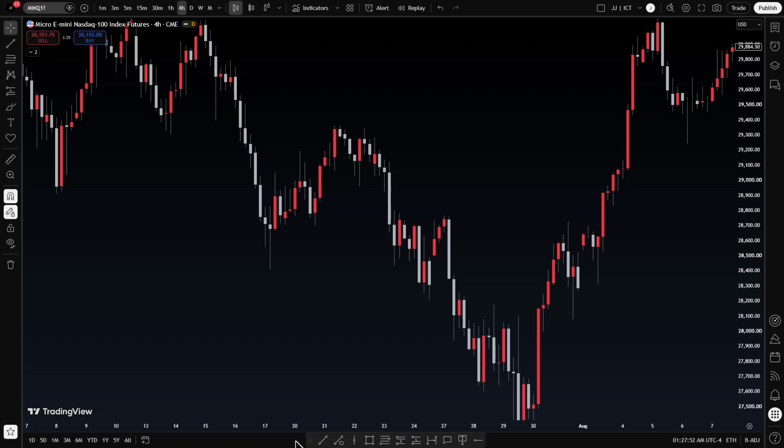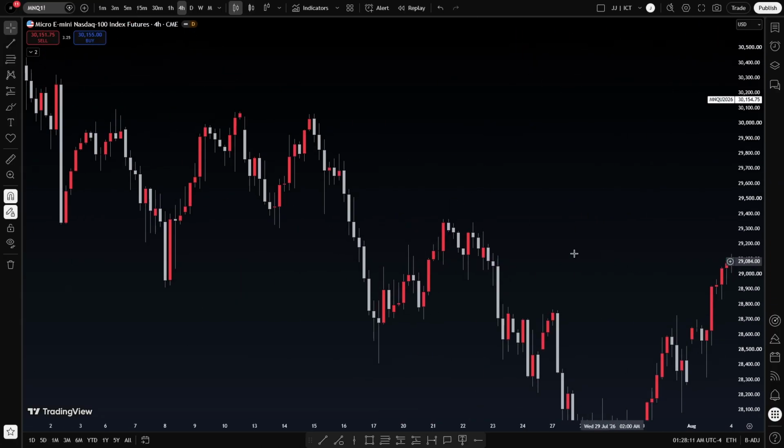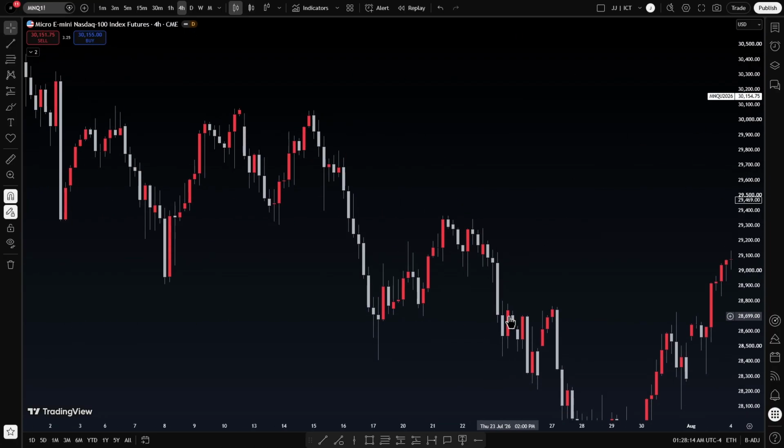But for the ones that think low resistance liquidity is an actual formation in price, you are wrong. Okay. I'm going to say it directly to your face. You are wrong. There is no such thing as low resistance liquidity on this chart here. No such thing. It does not exist. You either find a highly probable swing that price is going to take out, or you don't find one. It's simple as that.